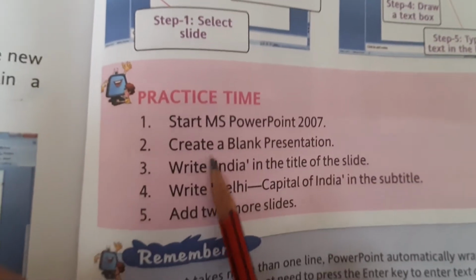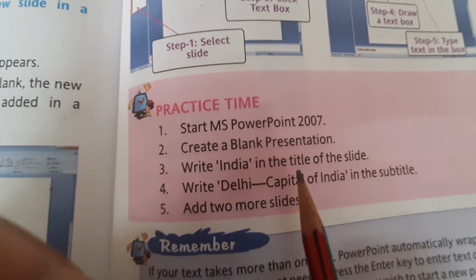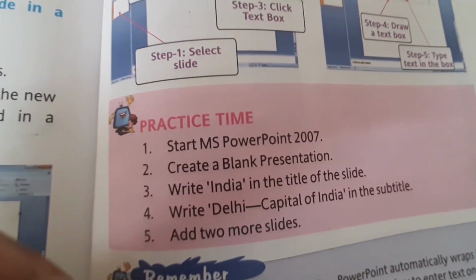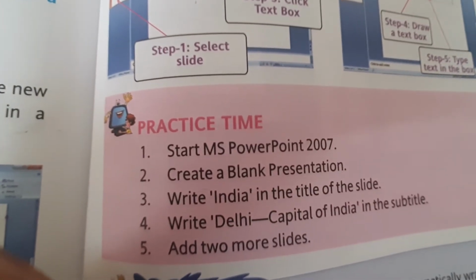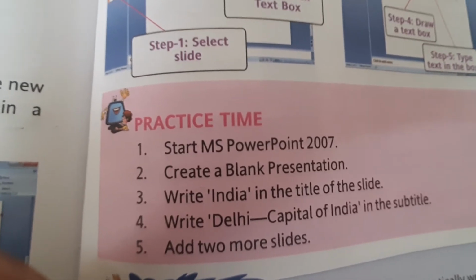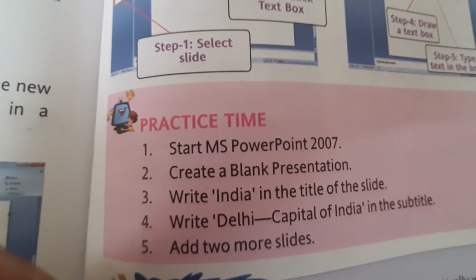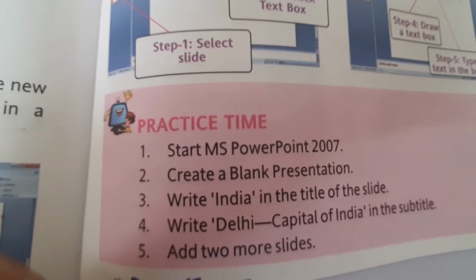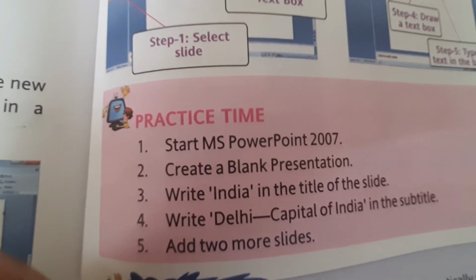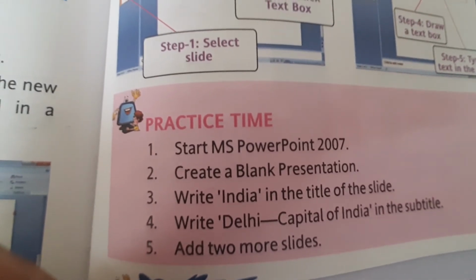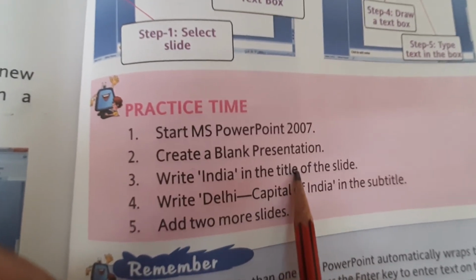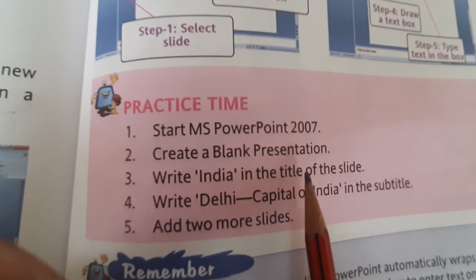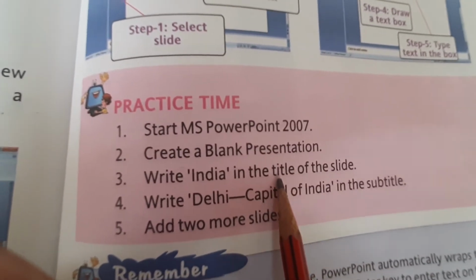Okay. Now practice time. This is for practice. You can do this practice at your home and only in the presence of your parents. Please children, do not try to do these things on your own and in the absence of your parents, even if you have a desktop or laptop, because it is a very sensitive system. Just ensure that your parents are sitting with you and you take their permission and their help. If you have a system at your home you can try this, and if you don't have, then I will show you the practical video. At that time also you can see.